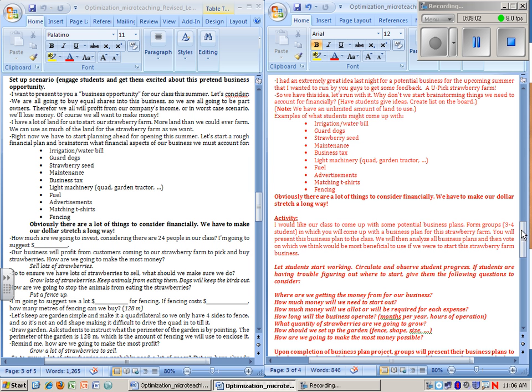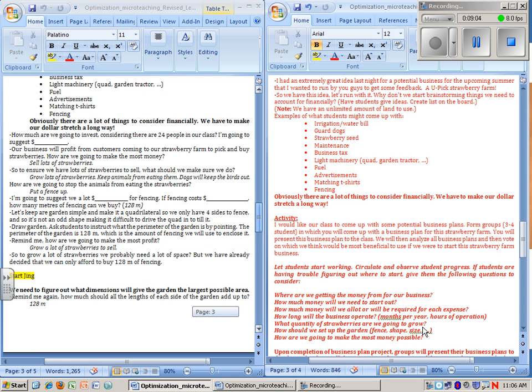Sorry. So we have in bold here, these are pretty much our essential questions. Where are we getting the money from? How much money do we need to start out? A lot of monetary questions. How do we want to set up the garden? How long is the business going to be in operation? Things like that. And so we made it more of a student-oriented project